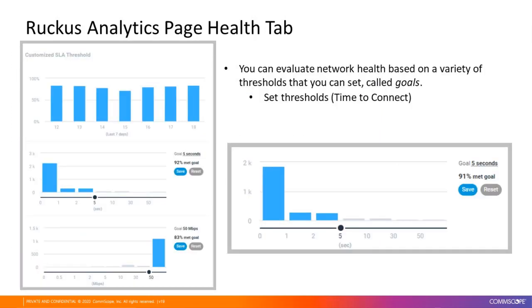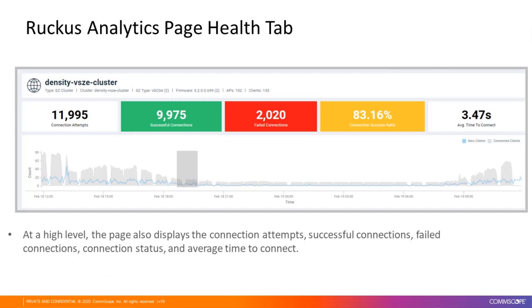You can evaluate network health based on a variety of thresholds that you set. These are called goals. For example, you can set the goal or threshold to 5 seconds for all clients to connect to the network and confirm the number of clients accomplishing the 5-second goal in real time. At a high level, the page also displays the connection attempts, successful connections, failed connections, connection status, and the average